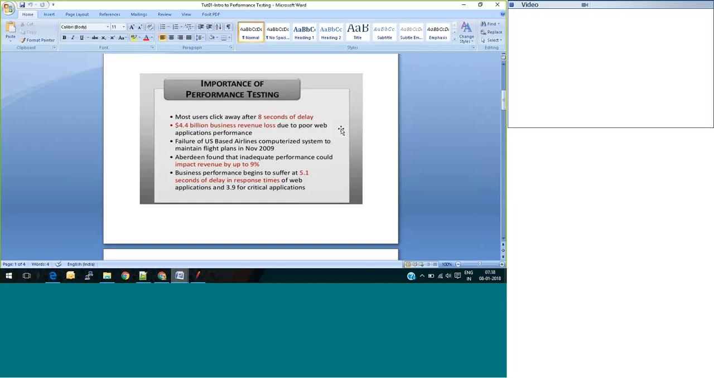Okay, so most users click away after 8 seconds of delay. If the users are experiencing some kind of delay, they will not wait to use your product, they will definitely look for other alternatives available in the market as there is a lot of competition available, right? So performance testing makes you stand out in the market. Okay. So if you have to be very stable in your market, in your competition, in your business,